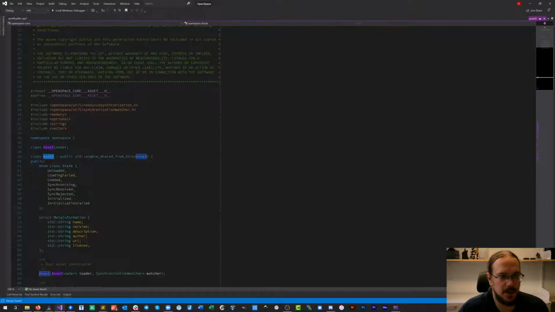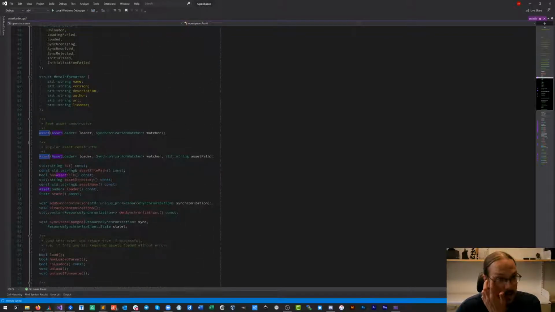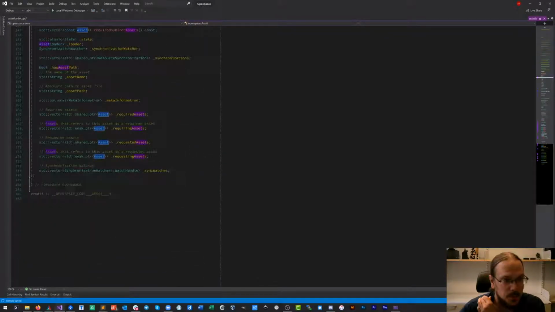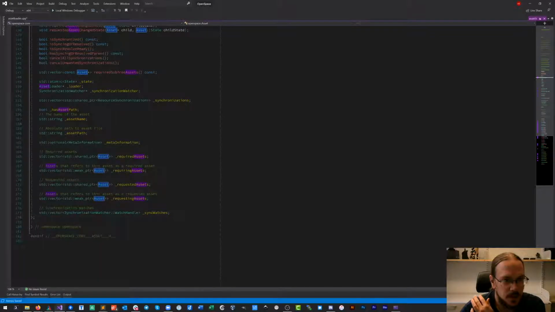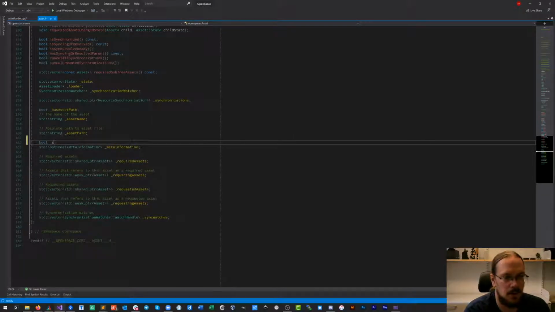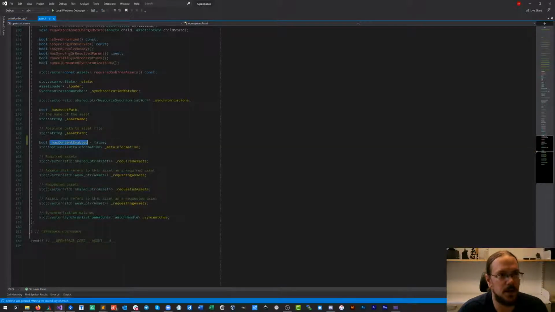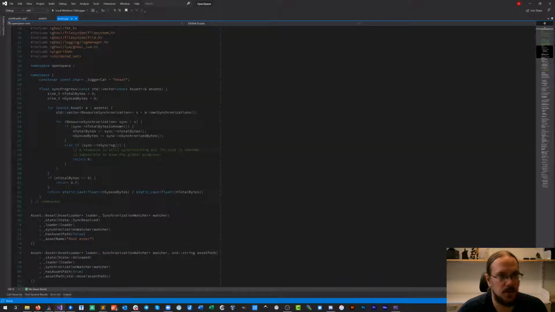So if we go to the asset itself, we'll add a new member variable down here just to keep track of everything. We just call it content enabled, which will also default to false, just in case we don't write anything to it at some point.